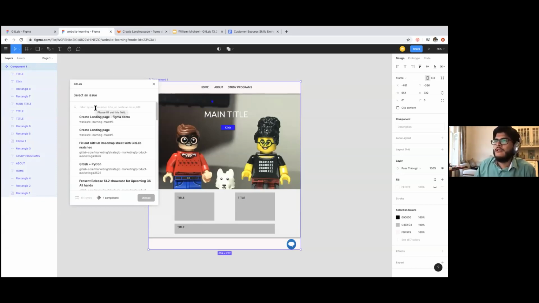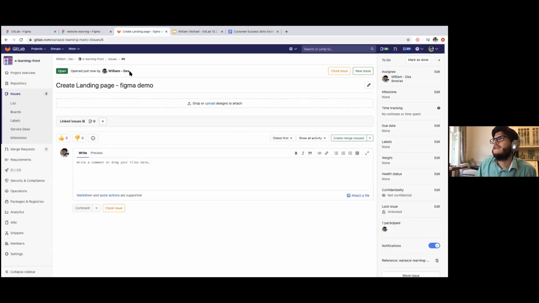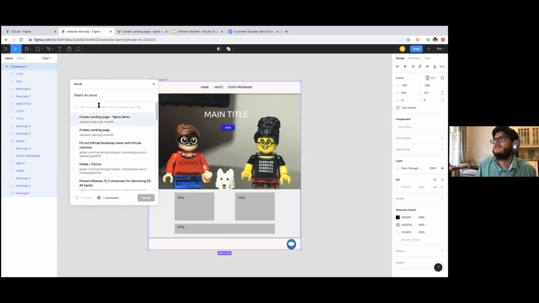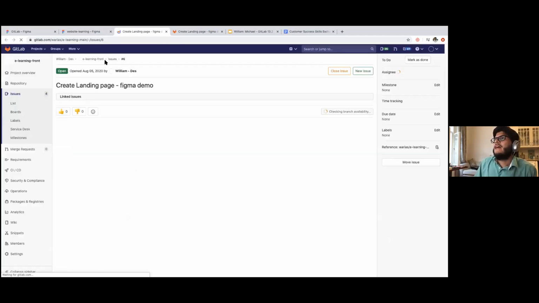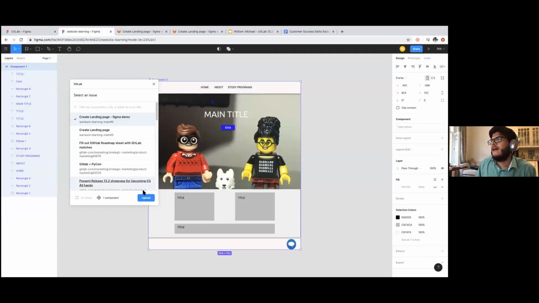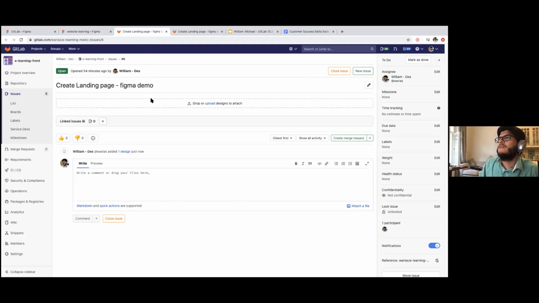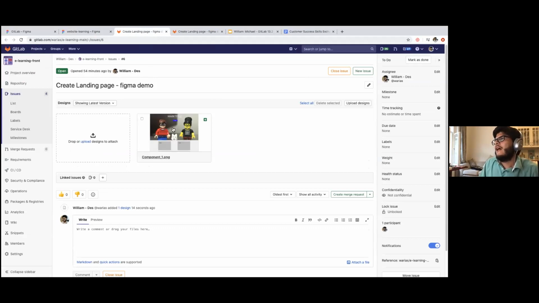were assigned to me. I can see them from this view. In this case, this was the issue that was previously created here and assigned to me, and I am the designer. So now I can just select this one and upload it. This is the magic of the plugin, because what we are doing here is that there is a previous integration that is provided by this plugin. And now when I come to the issue, we can see that it is in GitLab,